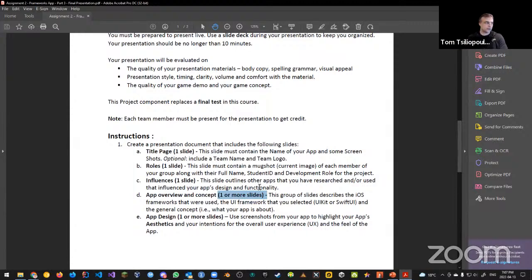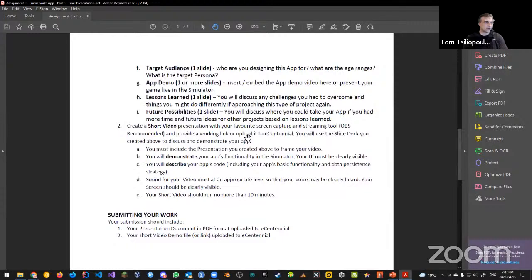That's good. One of the things I'm also looking for that I'm going to ask questions about is these last two slides, right? Which is your lessons learned slide. What did you learn? Did you learn anything by creating this app with two frameworks? There should be something. There should be challenges that you will have to overcome, because one of the things that I've actually got you to do, this is the third